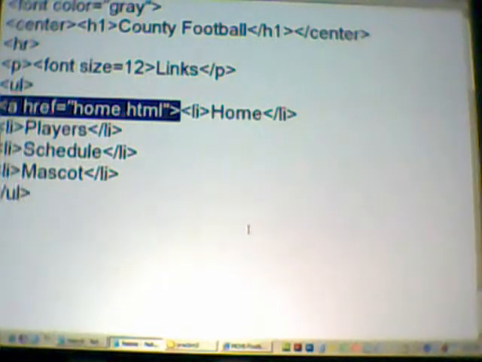Now, I want to end that hyperlink at the end over here by my ended list item. Because if I don't end it and I try to start a new hyperlink, all of these following pages are still going to link to the home page. And that's not what we want. So we want to come over here at the end of the first listed item and end A. If you save it and you refresh it,